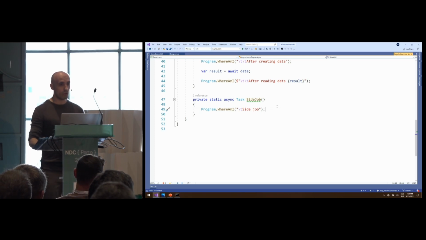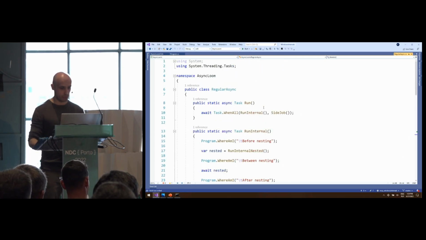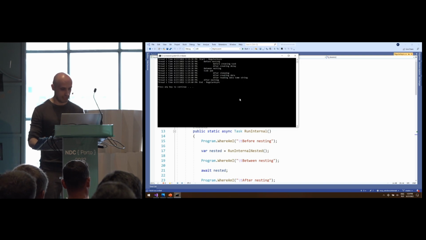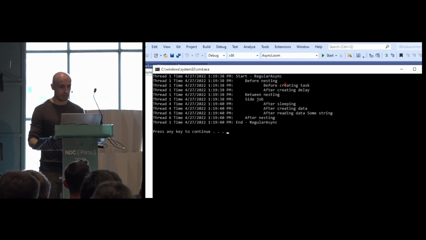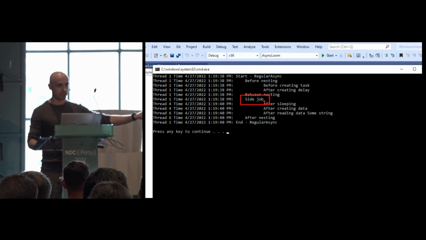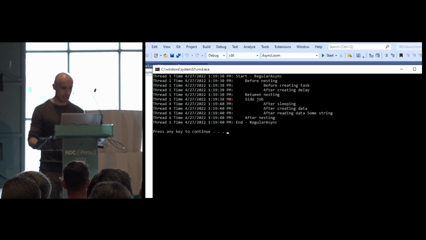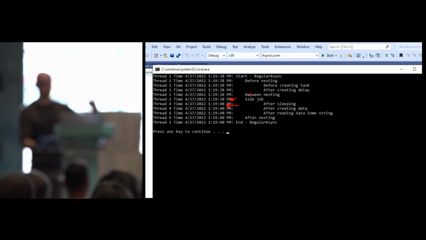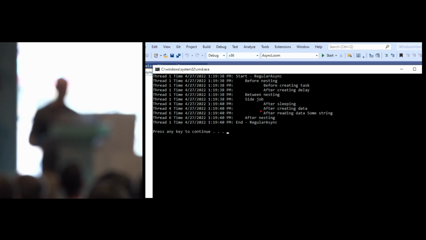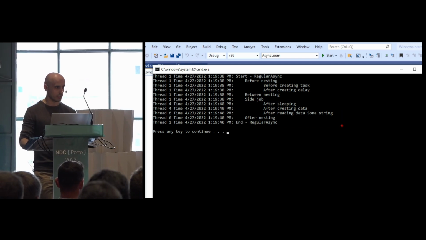So what we want to see in all the examples is this output: we are running, there's some nesting inside this regular job, and then somewhere in between we have our side job interjected, okay? You can see that we are effectively sleeping for 2 seconds, so this side job is executed in those 2 seconds, which we can use to do anything, and then the continuation finishes, okay?